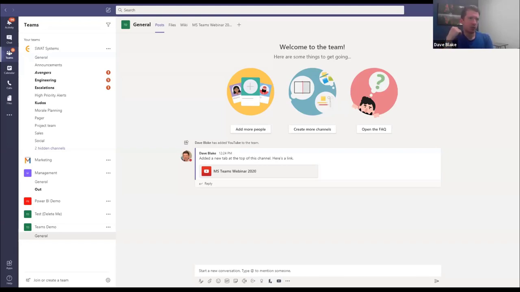Security and compliance, I just want to touch on this real quick. Some people ask me, hey, is Teams secure? Can I use this if I have to meet these compliance requirements? Well, if you are in government and you have to meet government compliance requirements, yes, there are actually separate tenants that you can use for that, where the areas where the data is actually physically located meets those compliance requirements. If you are not in that bucket, but you're just worried about more general stuff like HIPAA, that sort of thing,